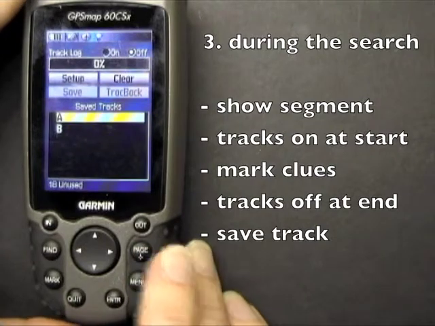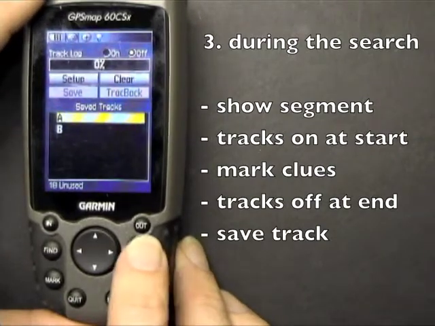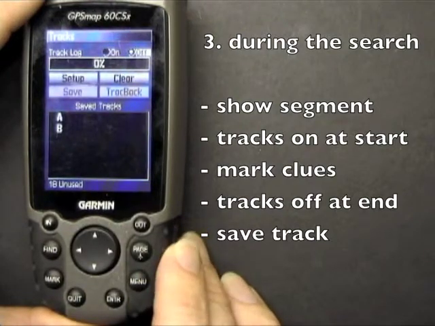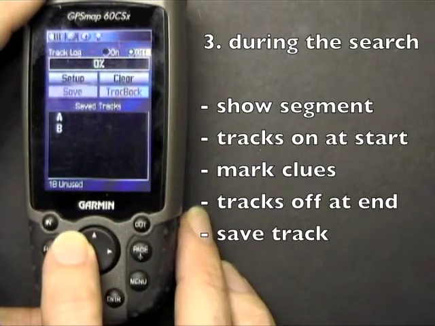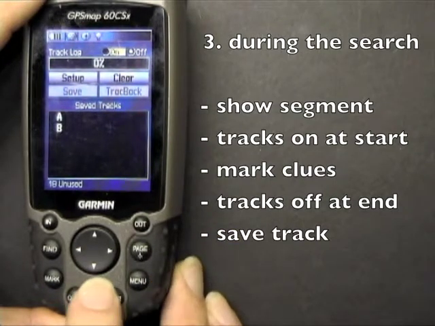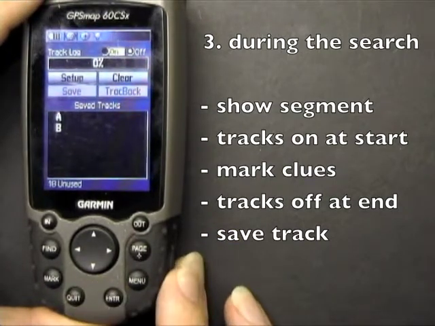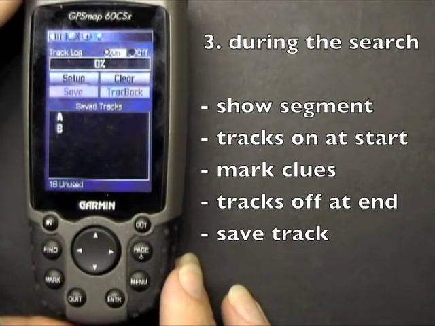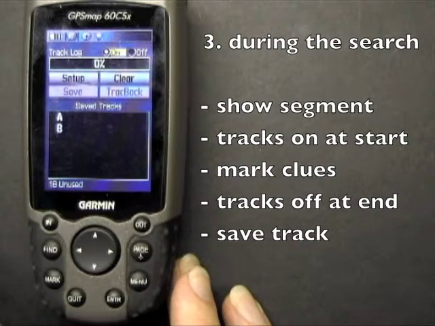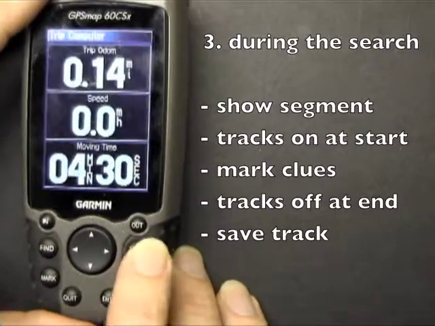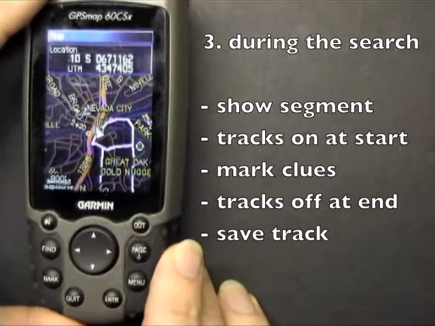So, when you get ready to start your search segment, you're going to turn your tracks on, also here on the track page. So go up to the top, just move over to on, and hit enter, and notice it takes a second after you hit the button. Now you're taking tracks, and you can begin searching. And usually you're going to want to leave it on the map page as you search so you can see